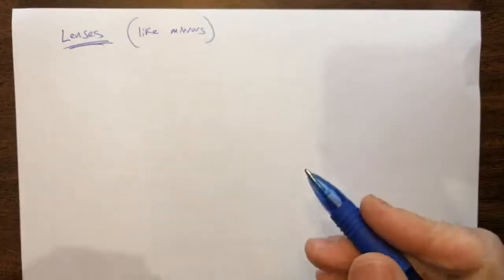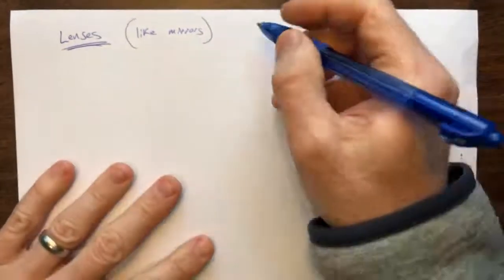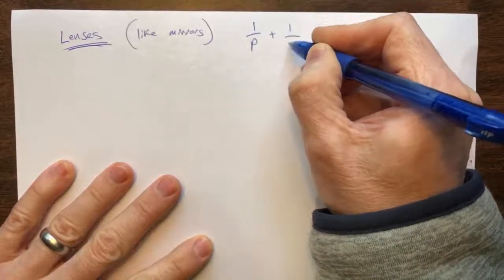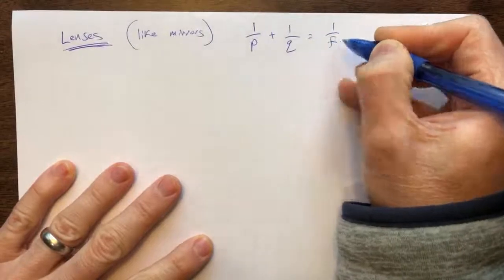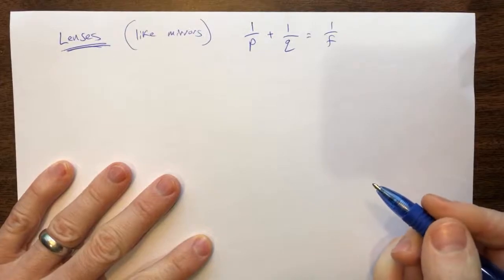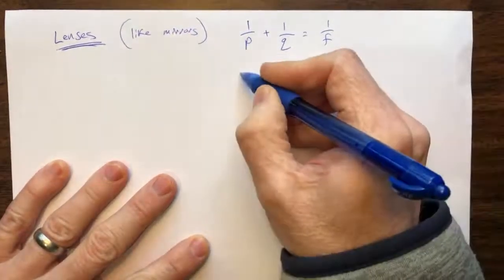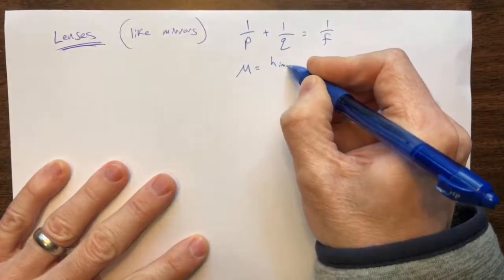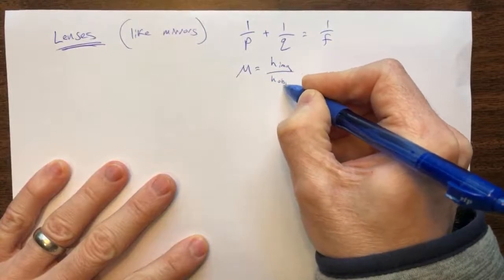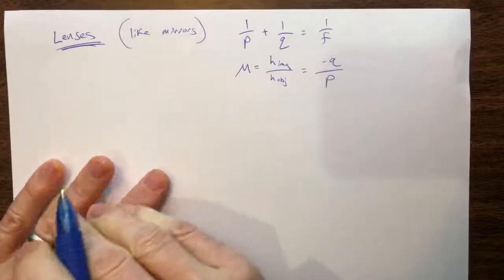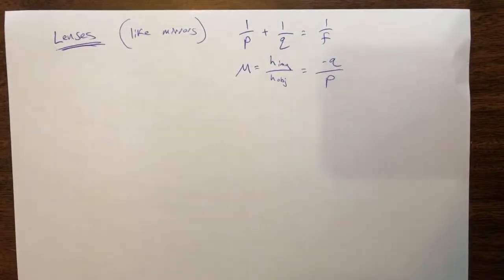And so let's go through some equations. Our first equation that you may recognize is 1 over P plus 1 over Q equals 1 over F. The lens equation is the same as the mirror equation. That's pretty awesome, right? And guess what? Your magnification equation is the same. It's still going to be H image over H object equals negative Q over P. Your equations are the same. What's going to be different is